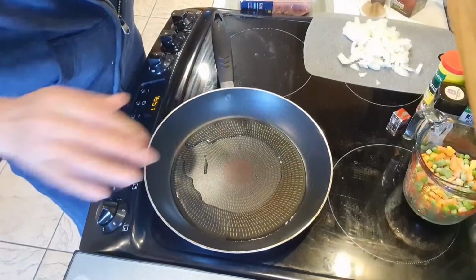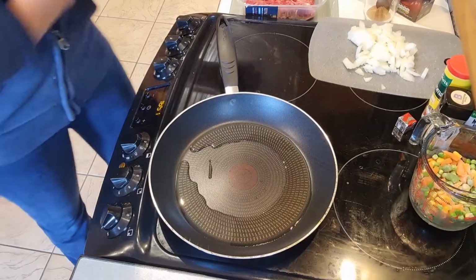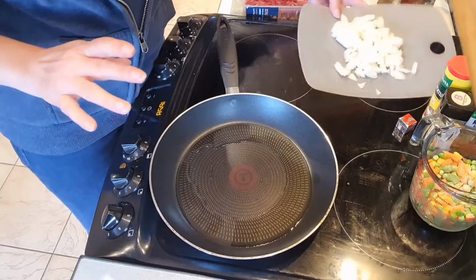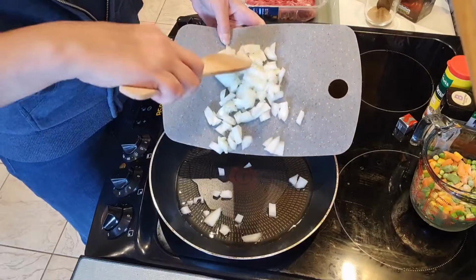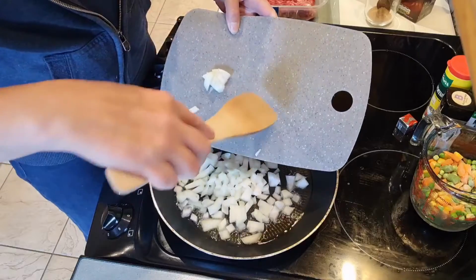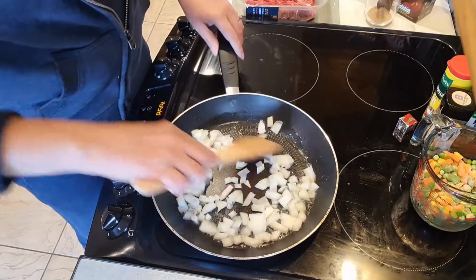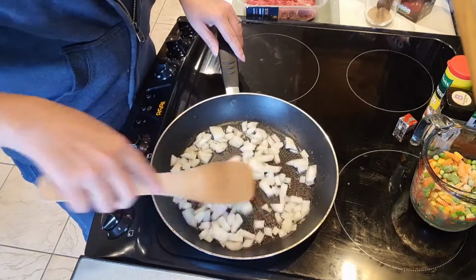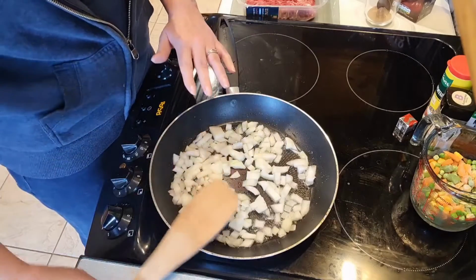So this is my hob, shall we say. This oil is heating up a little bit now. I don't know how this microphone is going to react to this noise of frying, but hopefully you'll still be able to hear me. I always put my onion in first before my meat. I don't know why, it's just the way I've done it. So I want them onions there just to kind of go a little bit more translucent. I don't want them to look